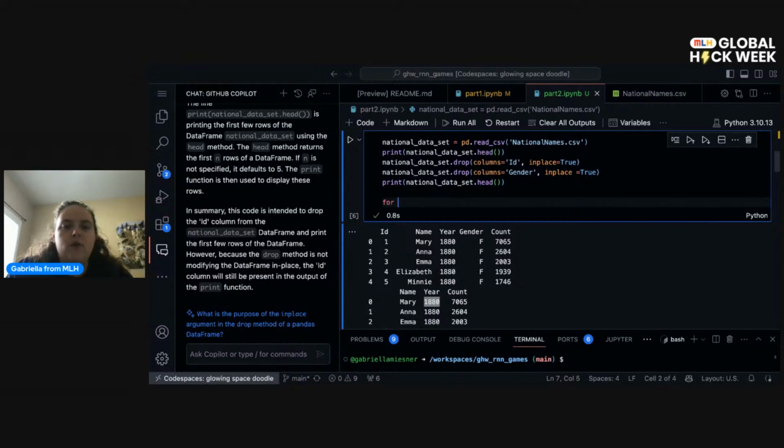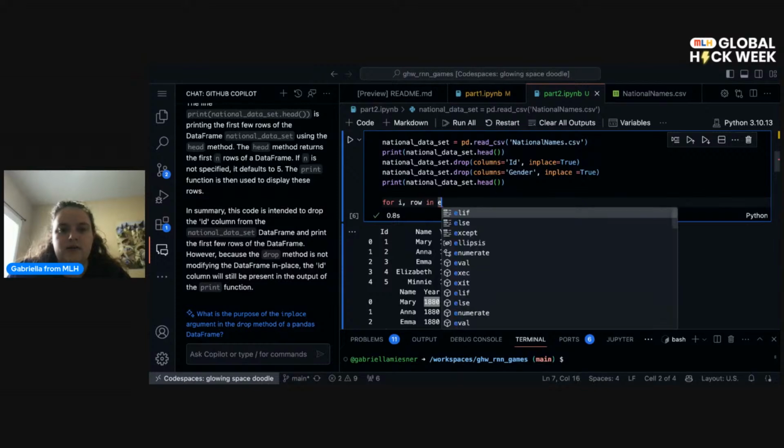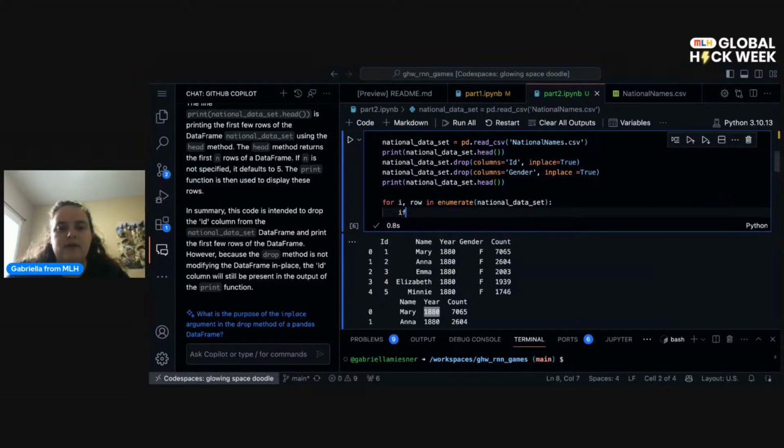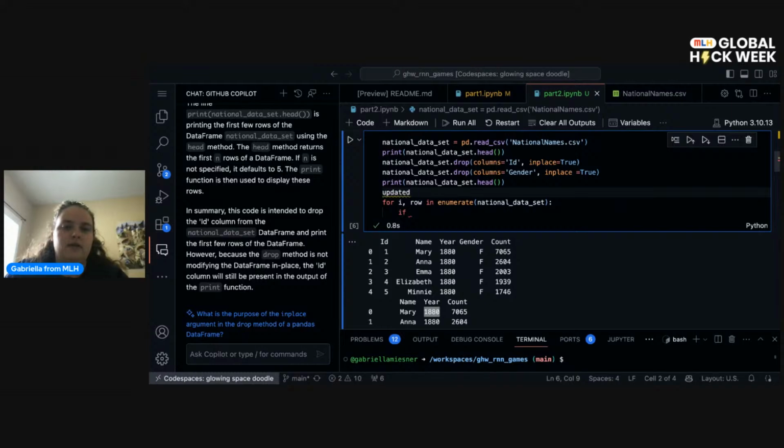So for i as well as row in enumerate national data set, if... and then we will make a new data set very quickly. That's going to be updated national, and that's going to be equal to